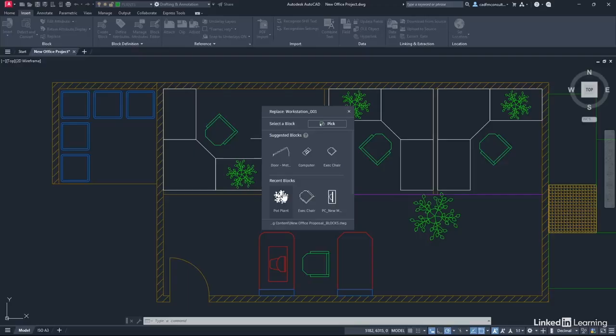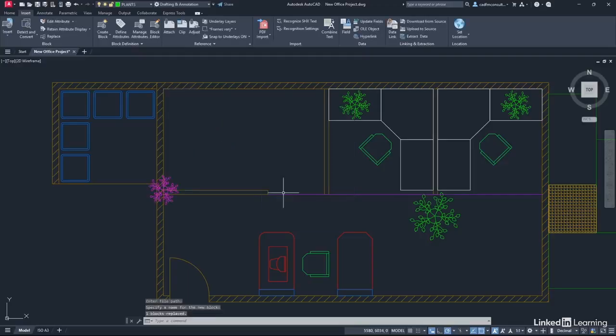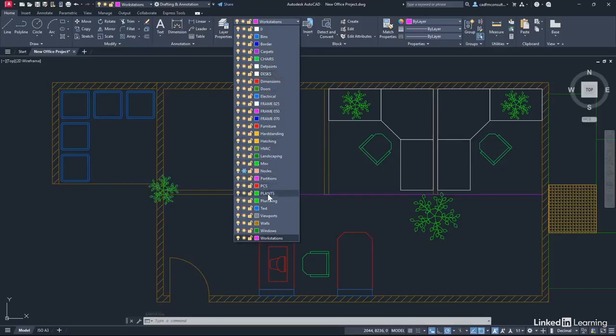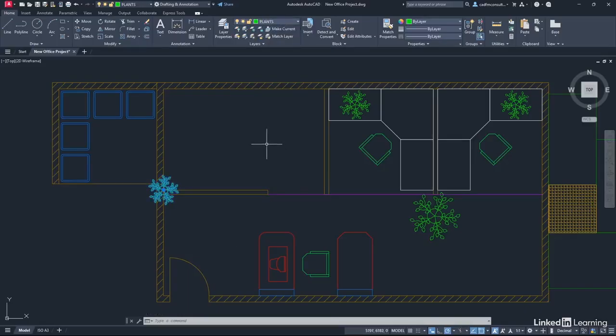Now you'll notice recent blocks, we have our pot plant, and you can see it's everywhere in this new office project drawing. If I click on pot plant, it's now replaced it. But what's really weird is it's put the pot plant on the layer that the block was on, the workstations layer. So you will need to go and select it and obviously go back to the Home tab here, go to the drop down and put it onto the plants layer, which is a bit weird,